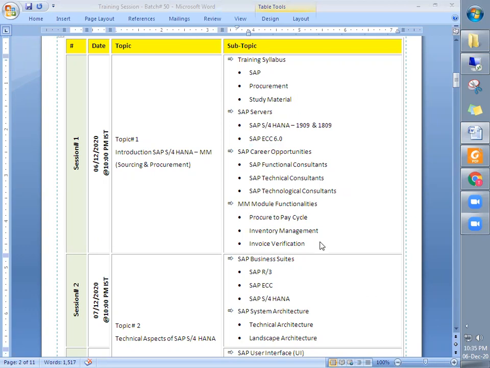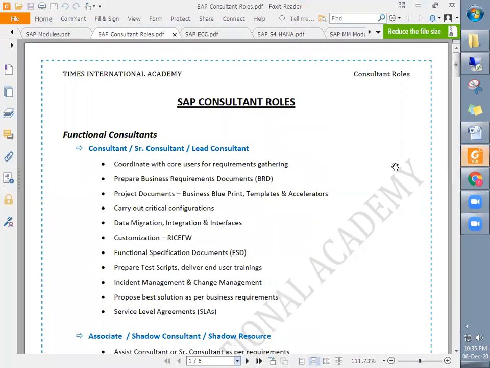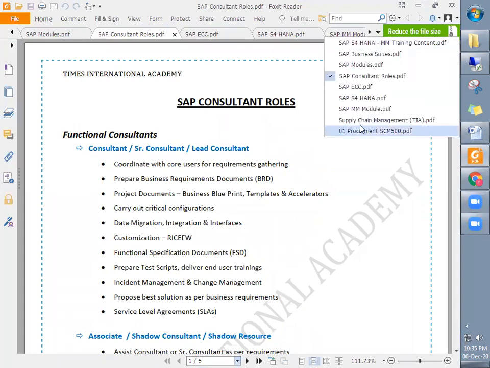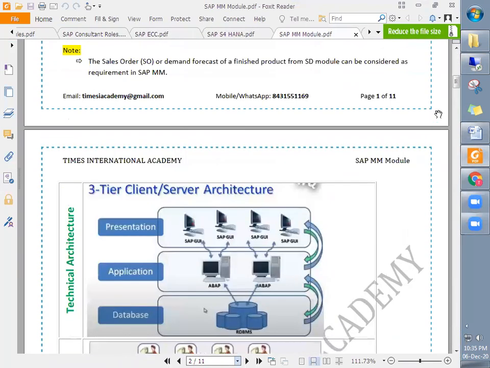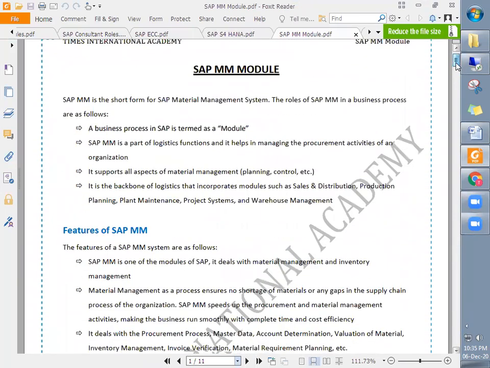In what we are going to cover, we will start with the very basics, and then we will discuss in detail. If we look at this, SAP MM is the short form of SAP Materials Management.